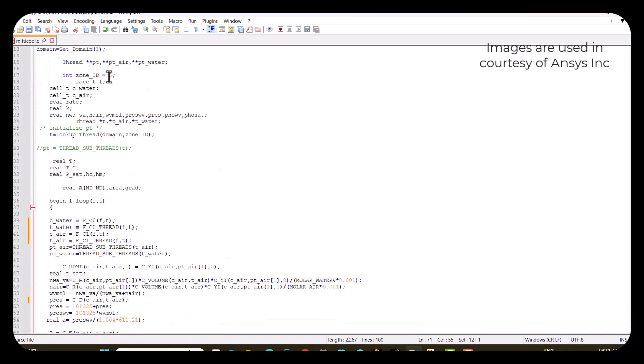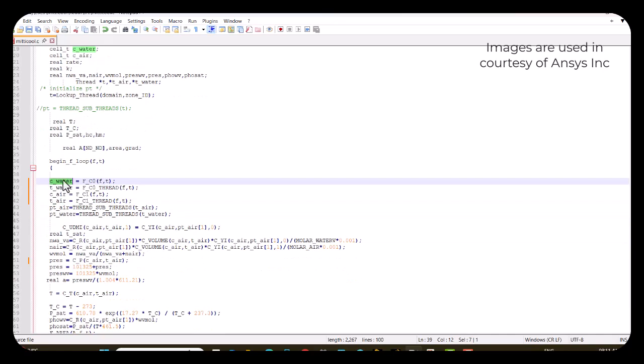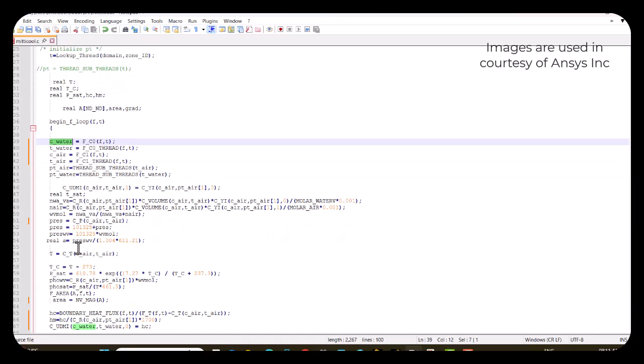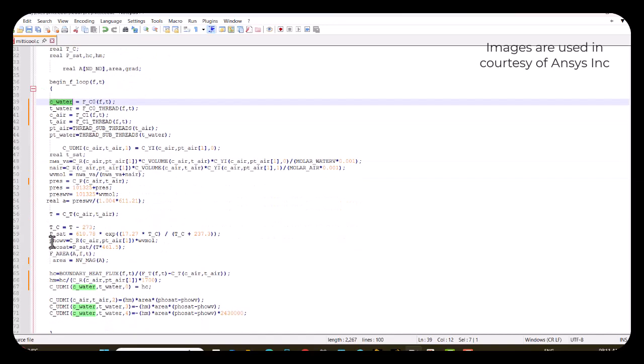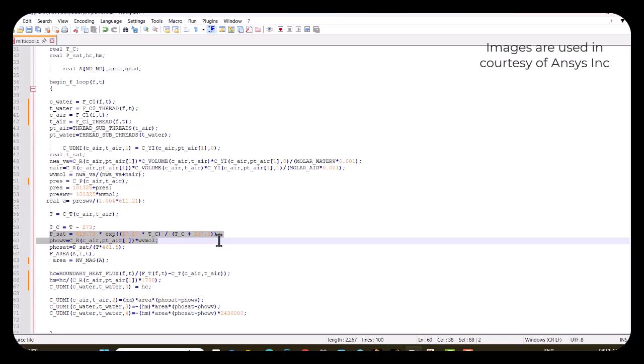So first I'll try to have this zone ID, which is the phase zone, right? Through that phase zone, I will have the cells which are adjacent to that phase. One is the air cells, and the other is a water cell. In that air cell, I will try to calculate what the vapor pressure is with the help of this formula, and I'll also try to calculate the saturation vapor pressure with respect to temperature with the help of this equation,